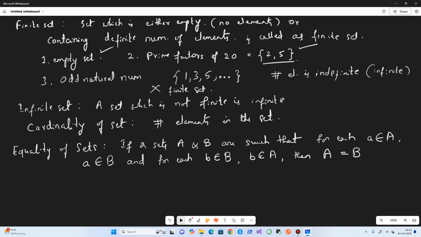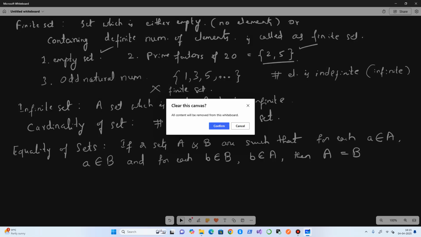Then we'll talk about subsets. The next concept is subsets. What we mean by subset, the definition is, let A and B be two sets.